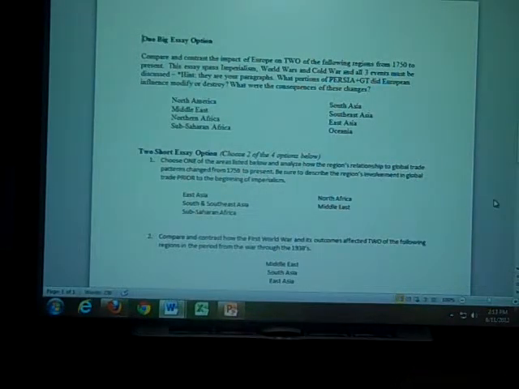In terms of the world wars, it's not so much how Europe impacted the United States, but how the United States got dragged into both of those wars due to its alliances with Britain, due to its ties with Europe. And then Cold War, obviously, the United States is one of the two superpowers. So how is the United States' interaction with the rest of Europe, like the formation of NATO, because we talked about NATO. You could take a look at even the fall of the Cold War. There are lots of things you could do there.